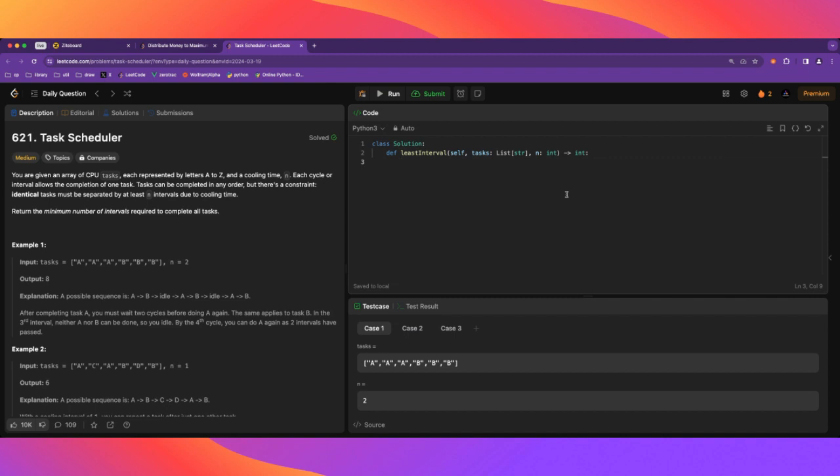I have a solution that is simpler, at least to implement, than